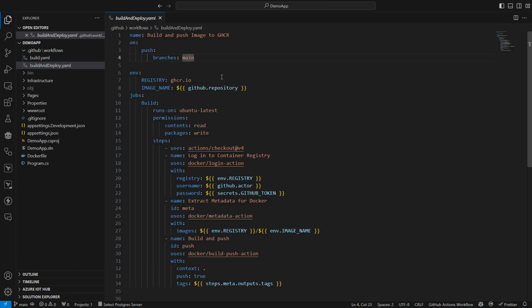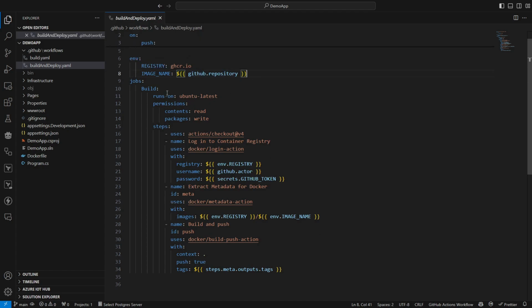A lot of these things are called branching strategies, so I'll cover that in another video. For now, we just need to worry about the main branch. What I have here is a couple of environment variables: a registry and an image name. Registry is where I'm going to be pushing the final built container to, and the image name I'm just naming the same as the GitHub repository.